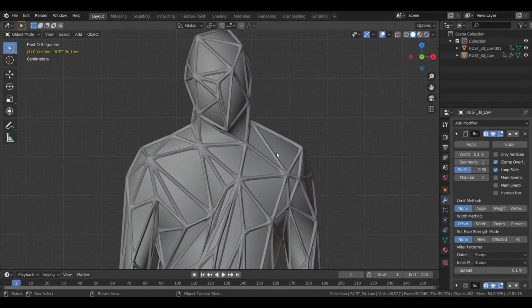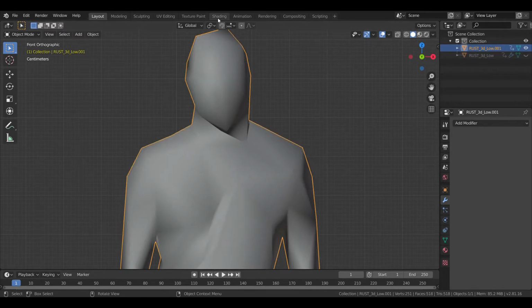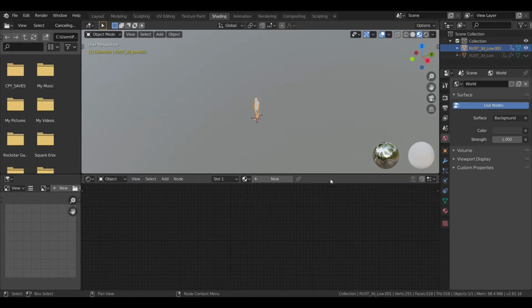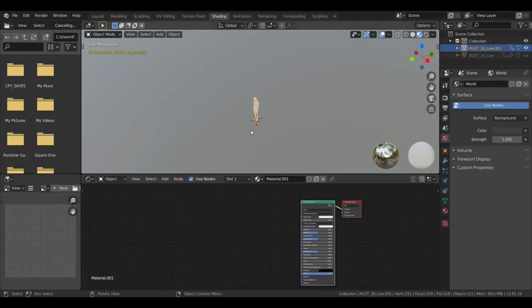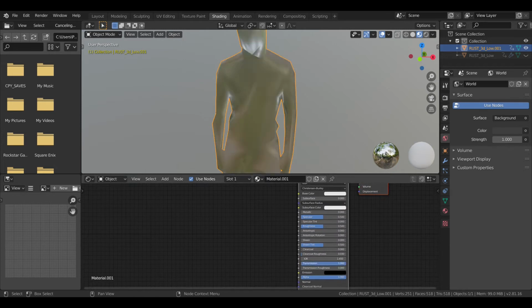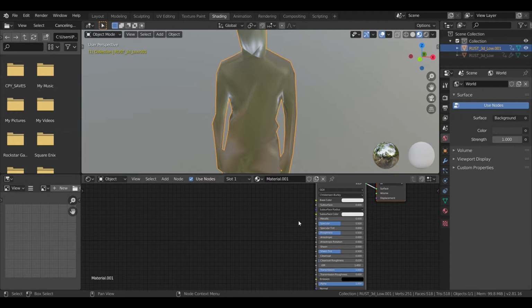So what we'll do is we'll apply the textures now. Hide the cage, select the inner one, and let's go to shading. Remove the material it has, and we'll add a new material. Now we need to play with the roughness. Its roughness is what we aim for. So first of all, increase the transmission to 1 and leave the roughness because we'll be adding nodes to it.